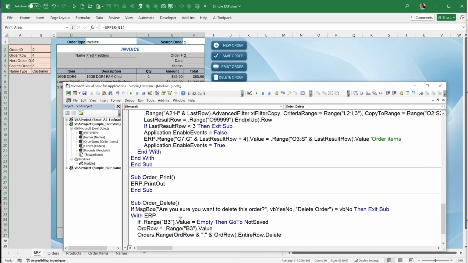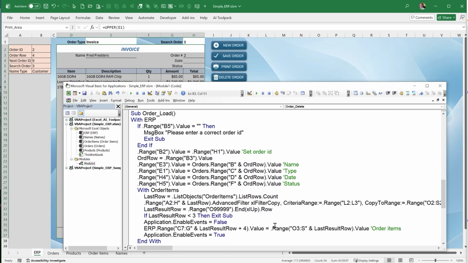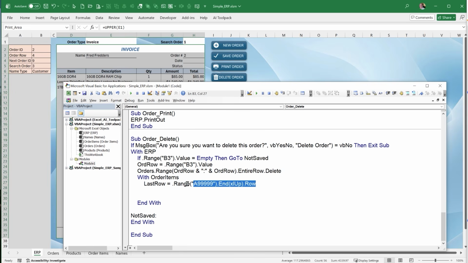Now what we want to focus on is the order items. With order items, I want to delete the individual items. They're going to be there as well. So to do that, I want to know the last row. So last row is equal to, we'll just do it easy, XLR range. And actually, let's do the same thing we did here. So we have the last row of the order. I'm simply going to copy that. We've already done it. Now, once we have the last row,